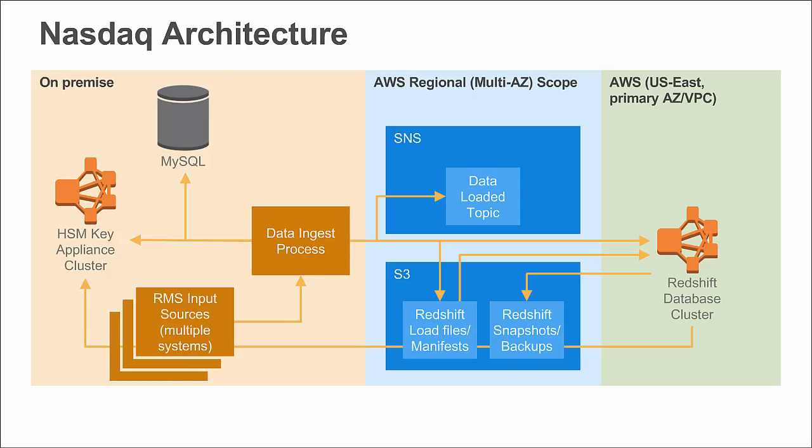And data is brought into S3, loaded from S3 into Redshift, and the Redshift cluster is also backed up to S3. So this migration they're able to complete in 7 man-months. They're able to run at higher scale and lower cost than they're able to in their on-premise environment. And interestingly, Nasdaq is also augmenting the Redshift data warehouse with Presto on EMR and S3 to give them full